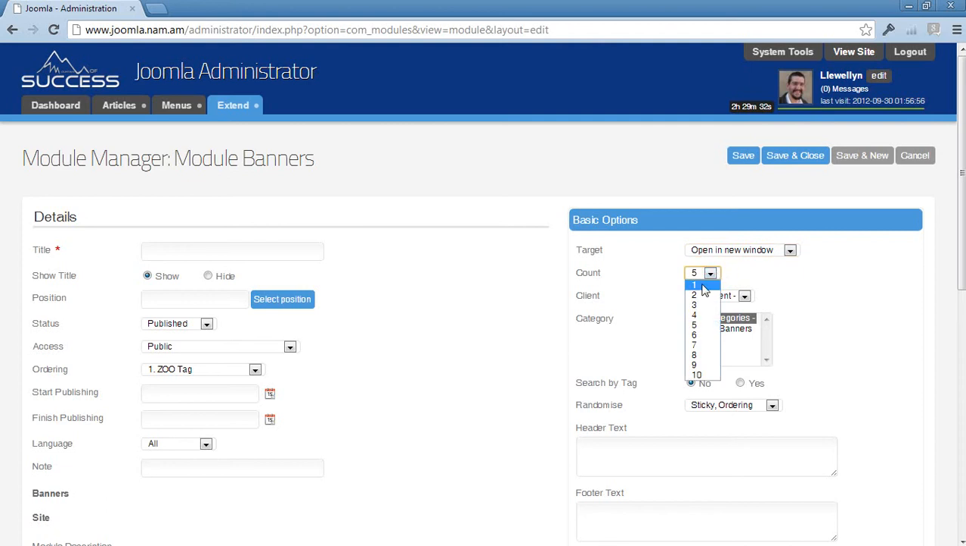We only want one banner to show at a time. We would like our own from the bottom banners to show in this specific module that we are setting up right now. This sticky option is really not that nice. The sticky ordering option, we're going to use the randomized option. This means, let's say there is 5 banners that we've set up. It won't look at what